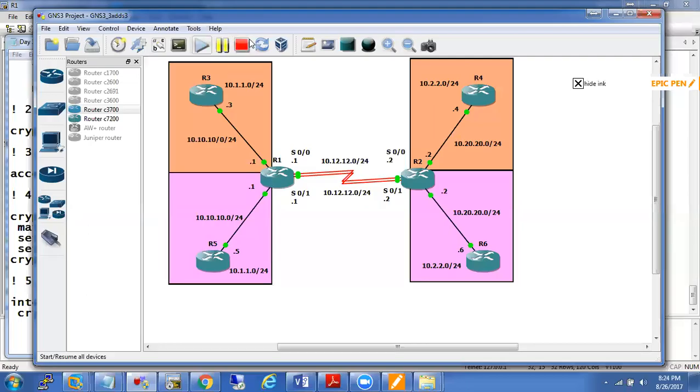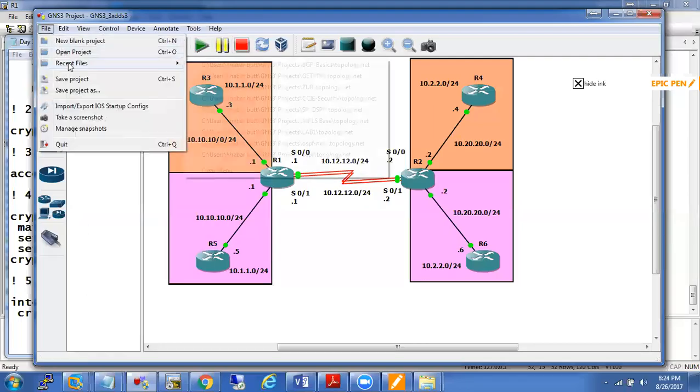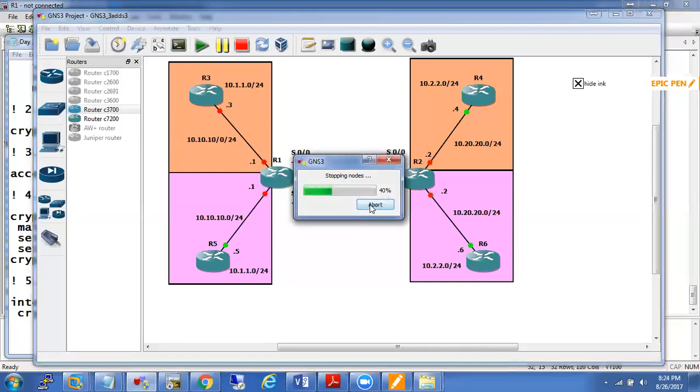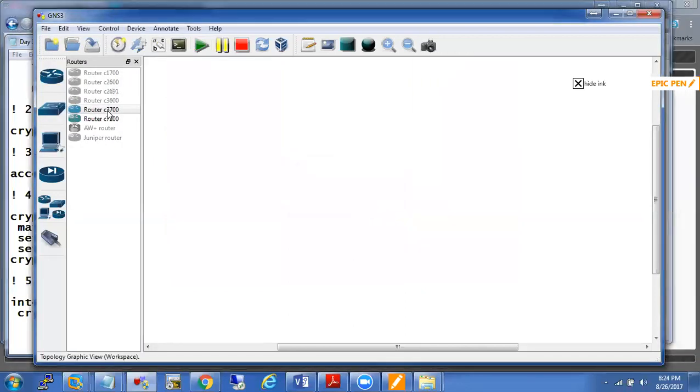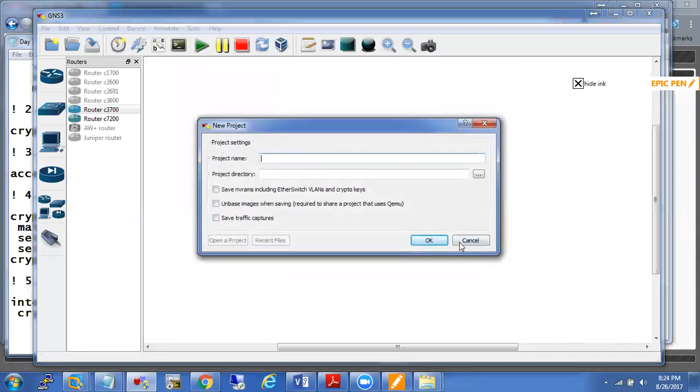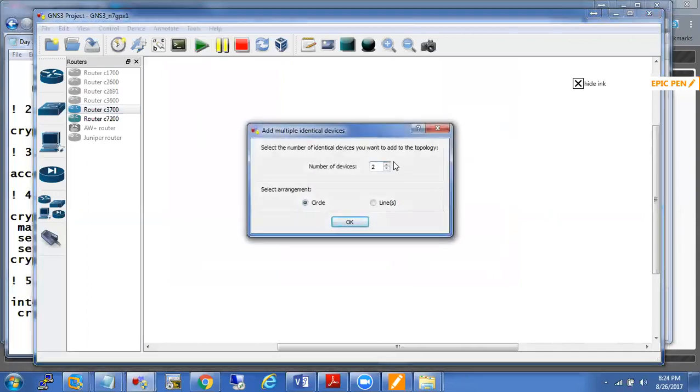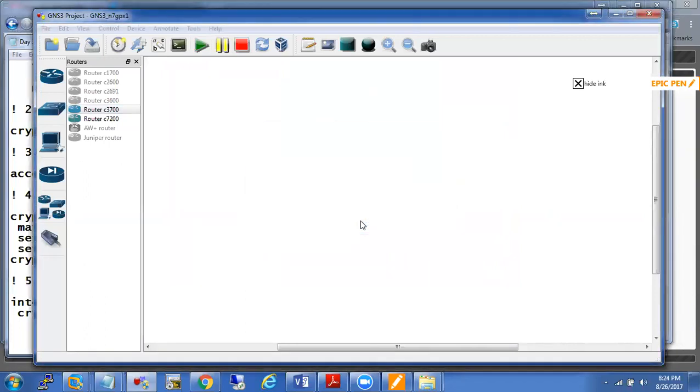I'm going to blow this topology off. You guys need to pay attention to this. This is important. And if you don't pay attention, you might get confused. So